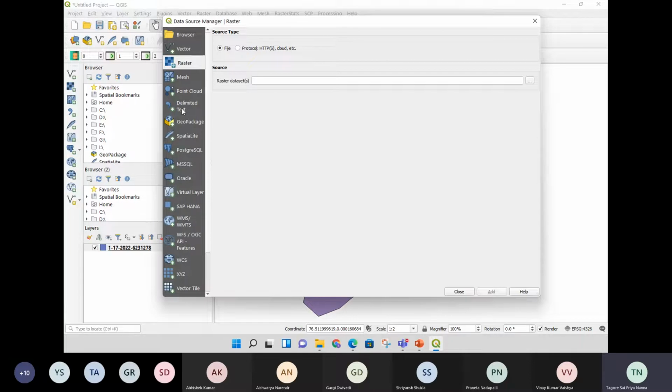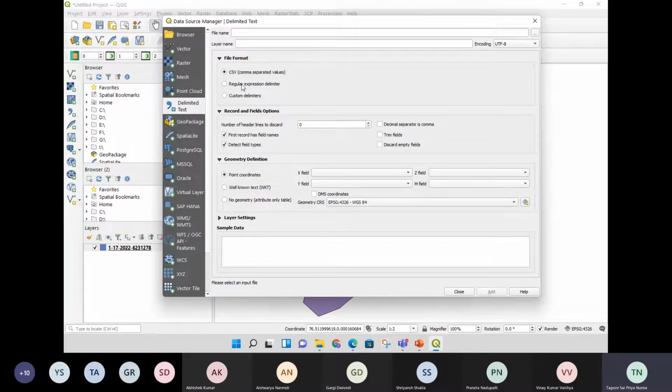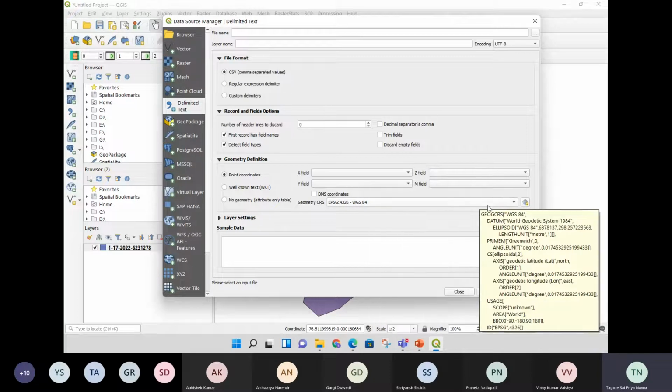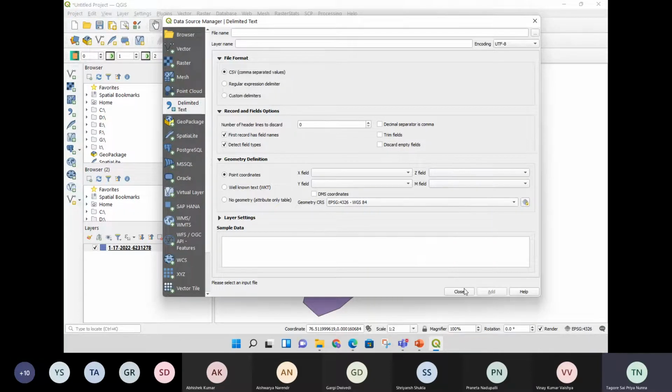And similarly, you can also give the Excel file in the format of a CSV file. If you have an Excel file with latitude and longitude details, you can give that particular data set. Here there is an X field and a Y field, which take the latitude and longitude details. In the X field you give the longitude, and in the Y field you give the latitude. And here you can also give the coordinate system for that particular CSV file,